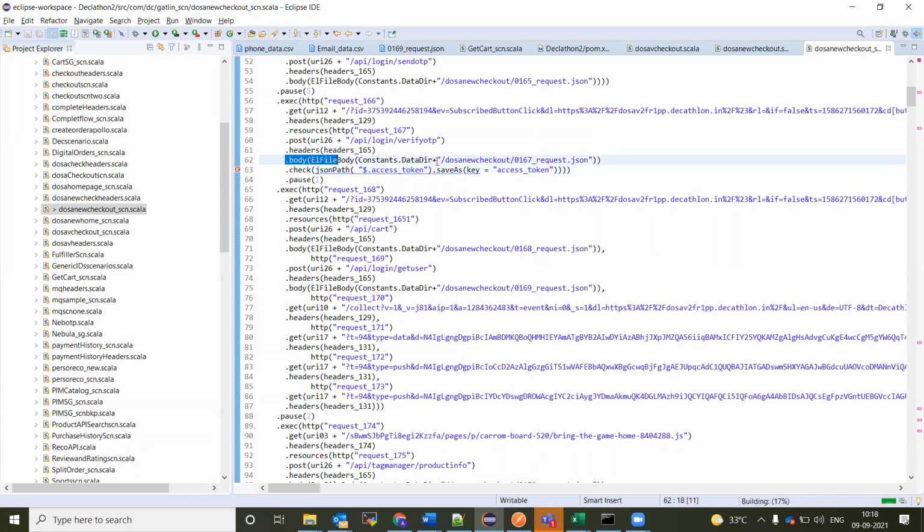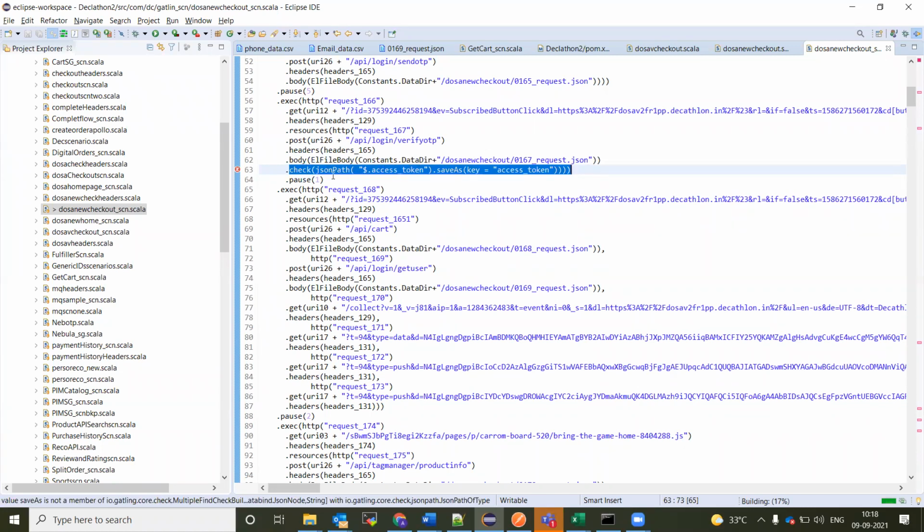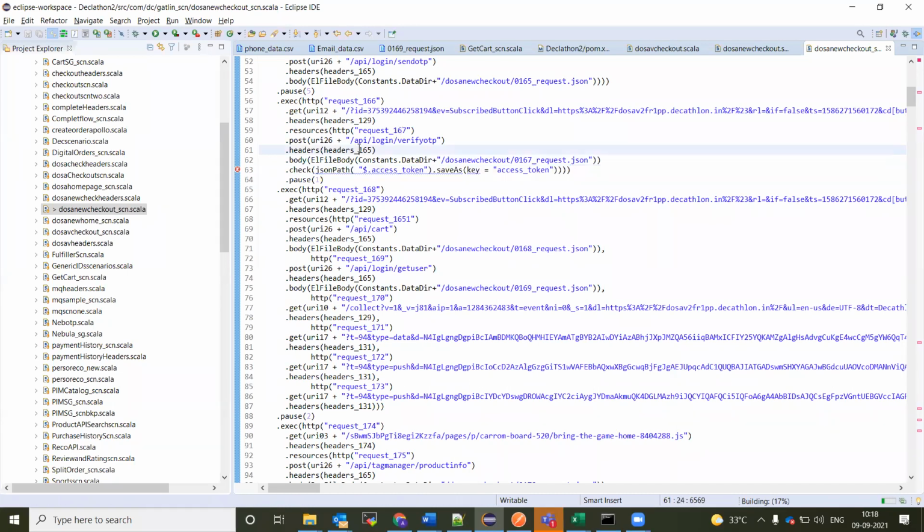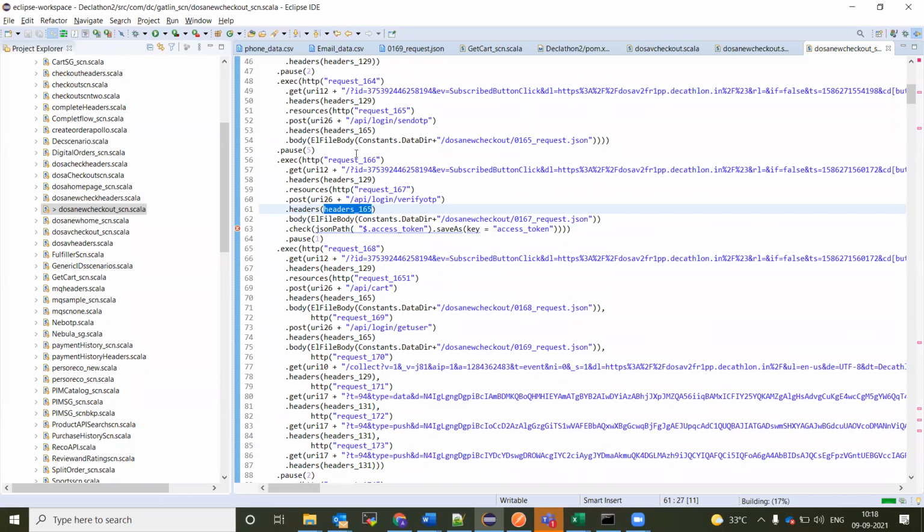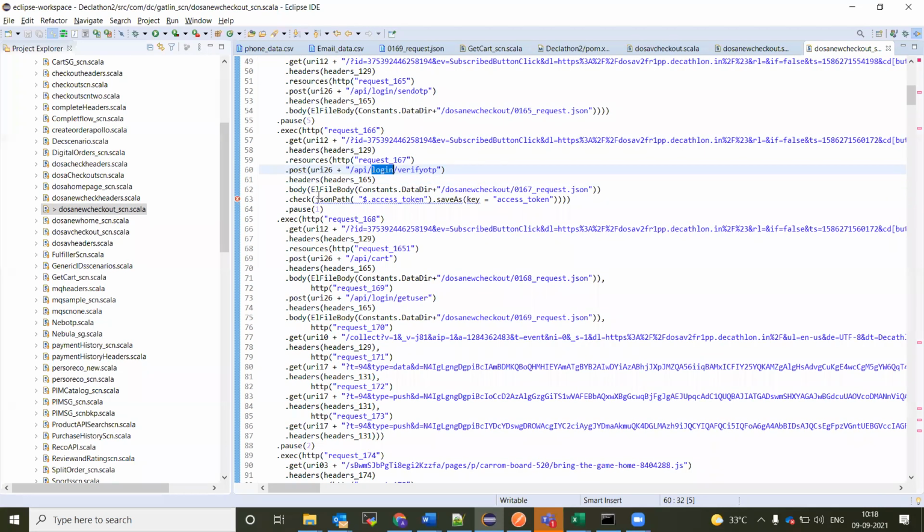Yeah, under this only. Right after the body, you have to have the check, because you are going to get the response for it. It is request 167. What is the header 165? There's no relationship. We only need to look at the request. It is a recorded scenario, so you may have a different recording. Our focus is only on the URL, the request, and your response. Is there any condition that it should only be under the body? Okay, it should be after the body.